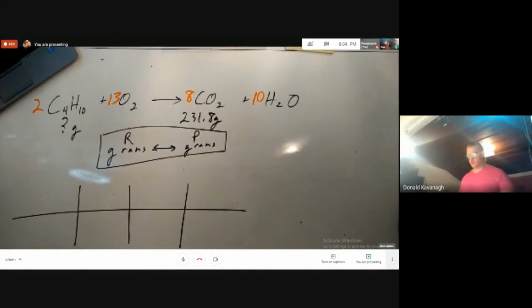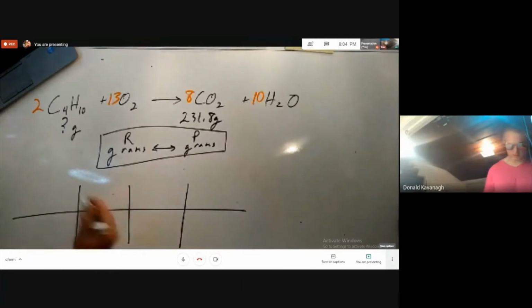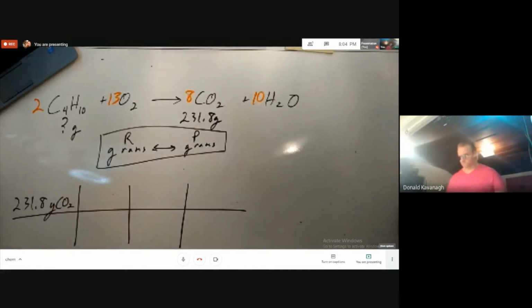Now, when starting any scaffold, we look at the numbers and units that are given to us in the problem. We're only given one number and one unit, so that's an easy start. That's the freebie. We'll cross that number off our shopping list so it doesn't distract us anymore. In these 3 steps, we are going to use